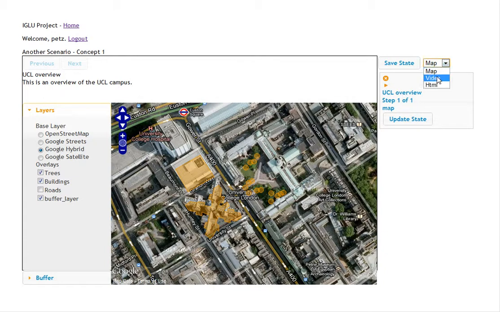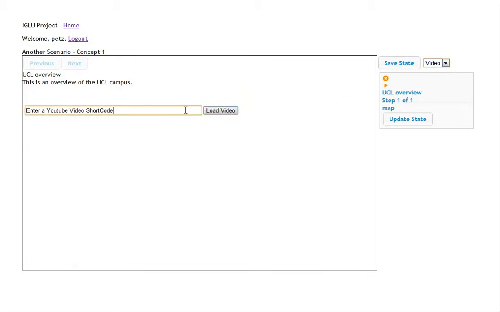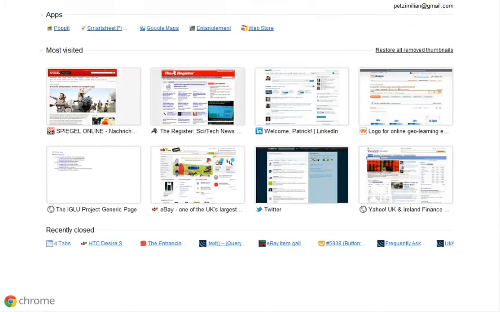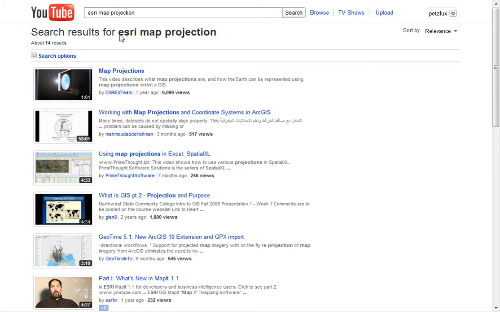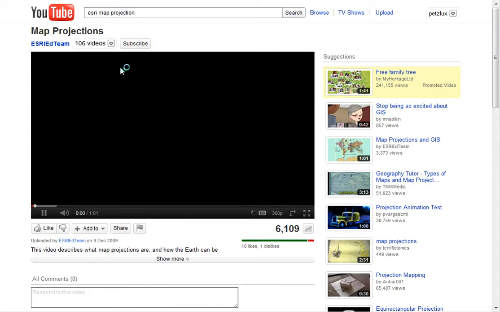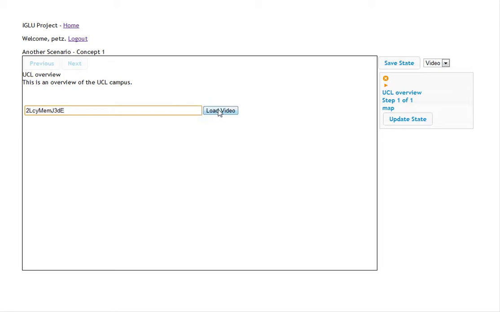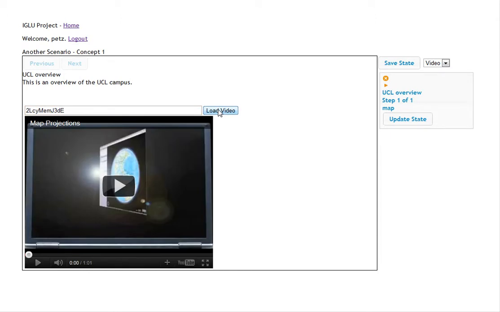Then we can change it to, for example, a video, and it asks you to enter a YouTube video ID. So let's go to YouTube, search for Esri map projection, and here's a short video that sounds interesting of map projections done by Esri. So we want to include that in our tutorial, so we copy the YouTube unique ID for that video, paste it in here. Just hit load video to check that it's actually an available video,